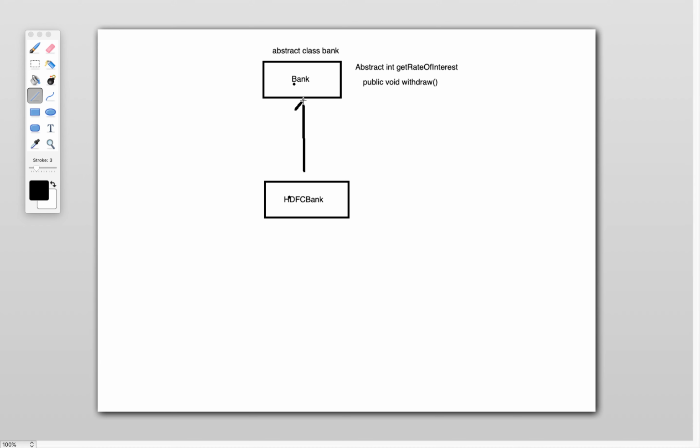It's mandatory for us to implement the abstract method declared in the abstract class inside the concrete class.